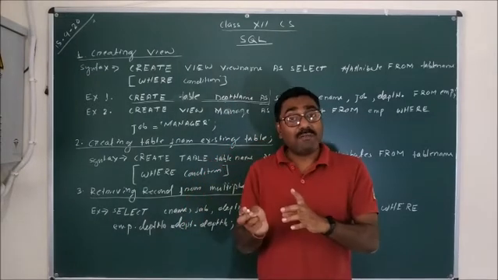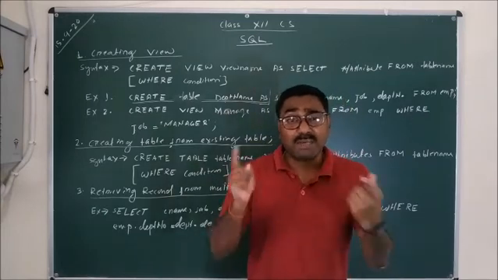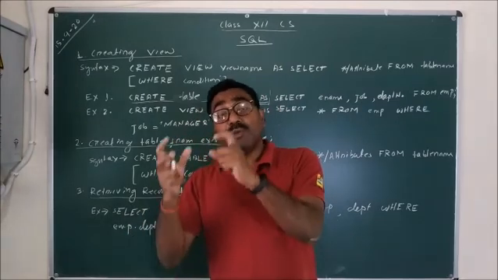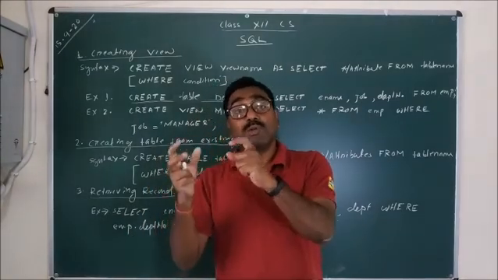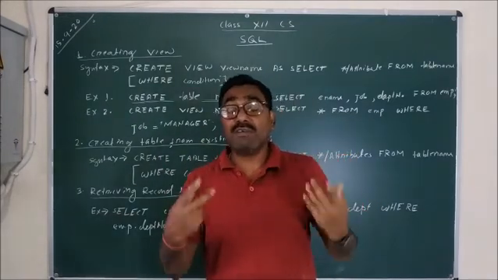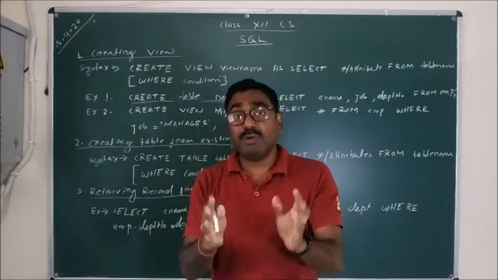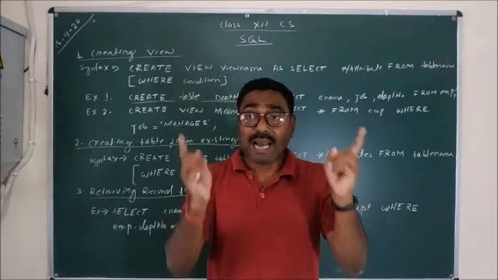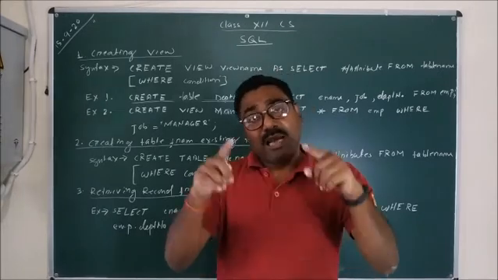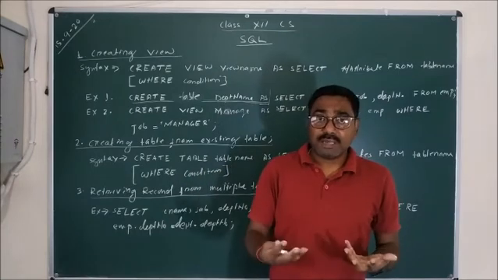And when we are retrieving information from two or more tables, there must be a condition in which the common attribute of both the tables should be matched. That is the most important condition when we are retrieving information from multiple tables. Whatever the common attribute of both the tables is, that must be checked with a condition. Except that, if there is any other condition in the query, then you can also mention that condition.